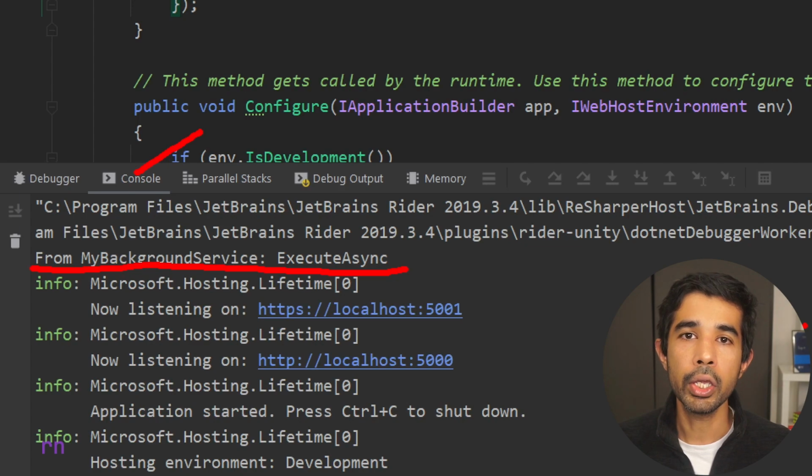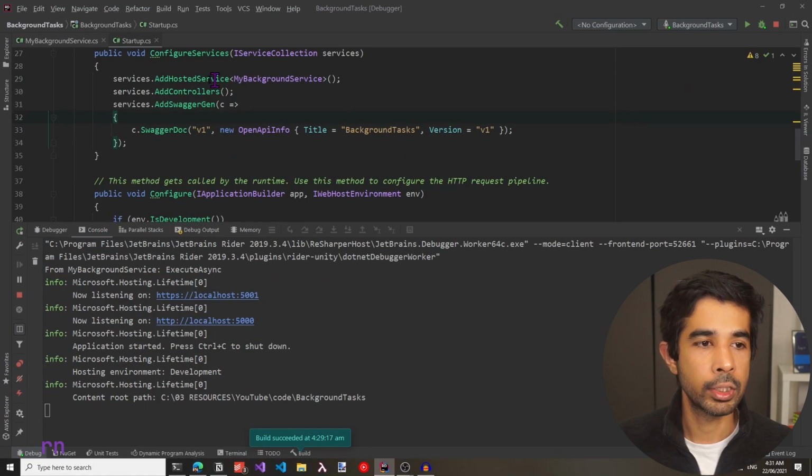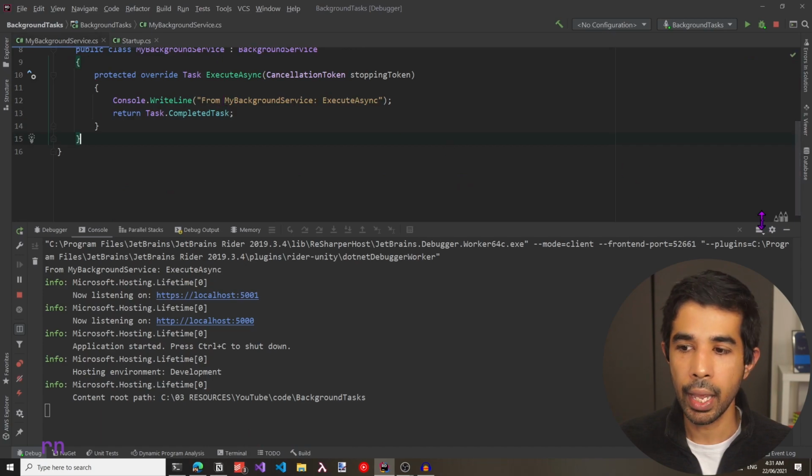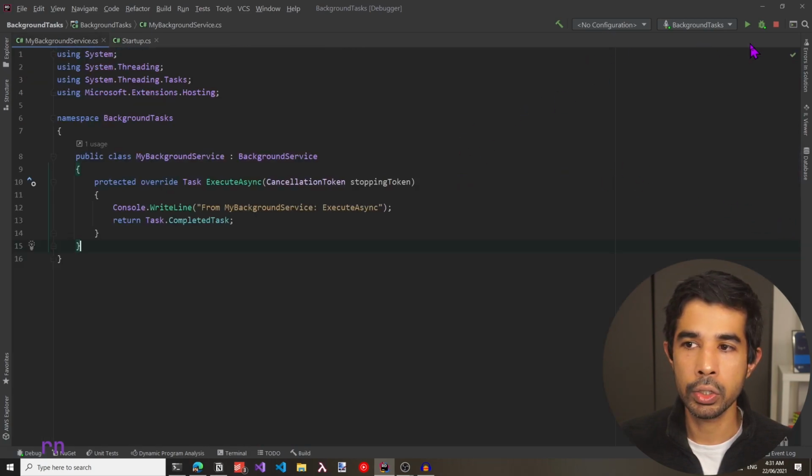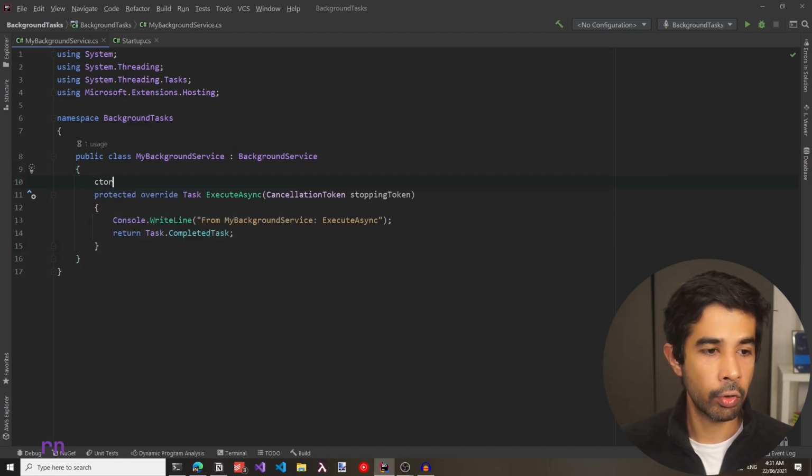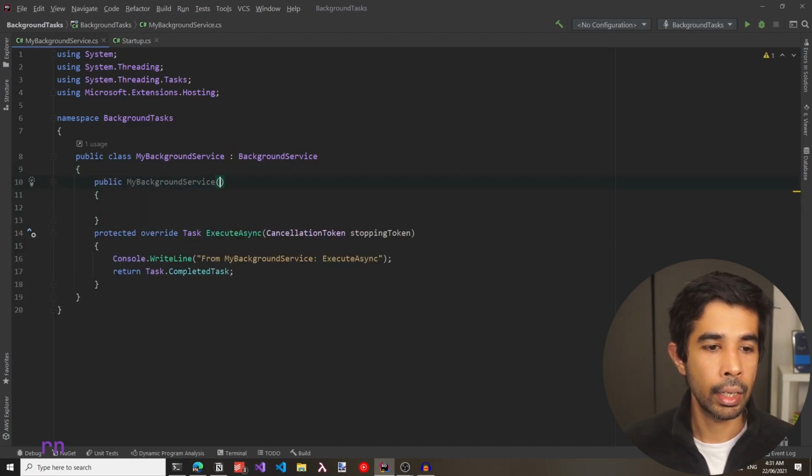Now, depending on your use case, you might have to inject different dependencies inside this background service to perform more meaningful tasks. For an example, let's go back to our MyBackgroundService and inject in a logger to see how that works. So let's stop this, create a new constructor for our class and inject in an ILogger.